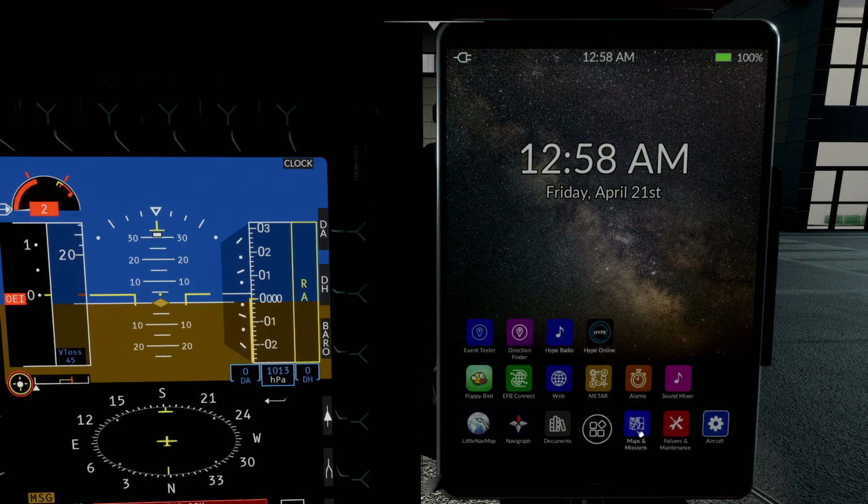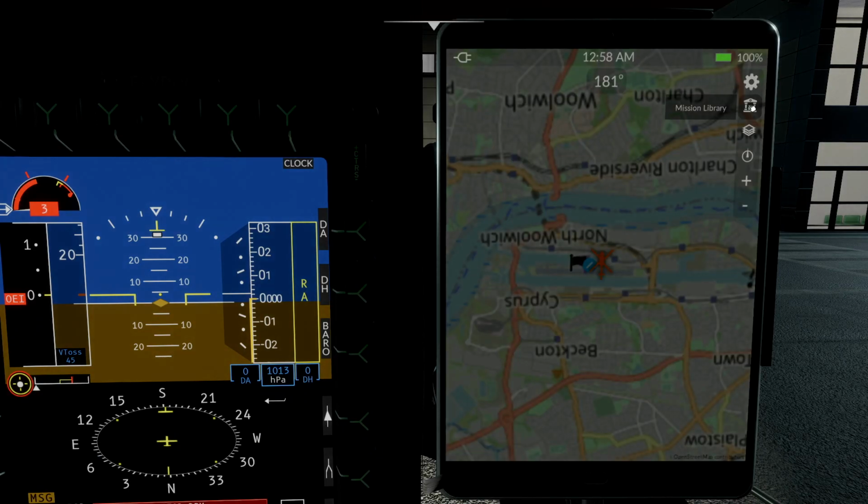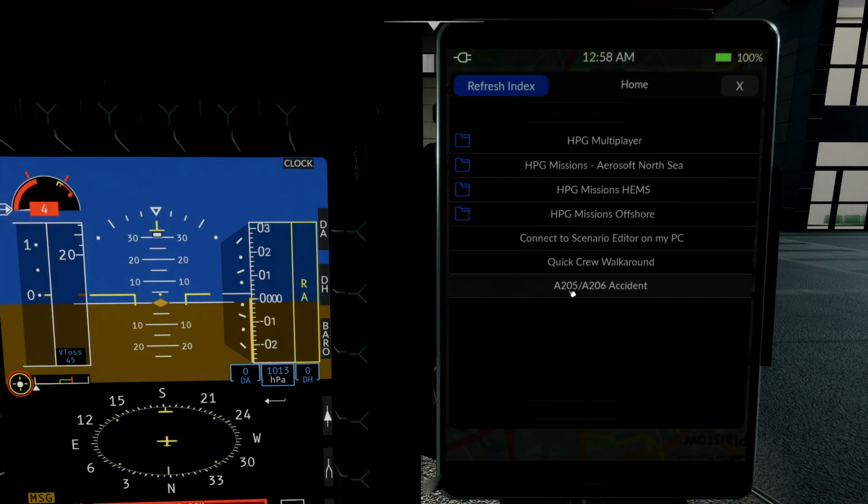Okay, clicking on Maps and Missions, clicking on the Mission Library. Notice we've got the A205, A206 accident. Notice also that this is only appearing in the HEMS variant. We haven't got the previous mission that we'd saved that is actually in the index. That's because we're not in the right variant for it. If we wanted just the simple transport mission, we needed to get into the civilian or the military variant. Click on A205, A206 accident, which is what we labelled the